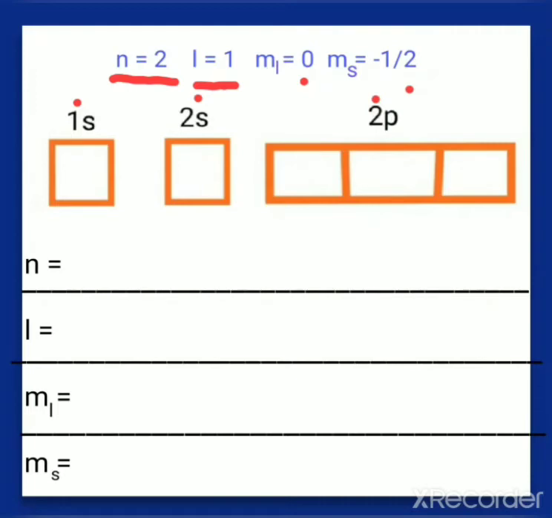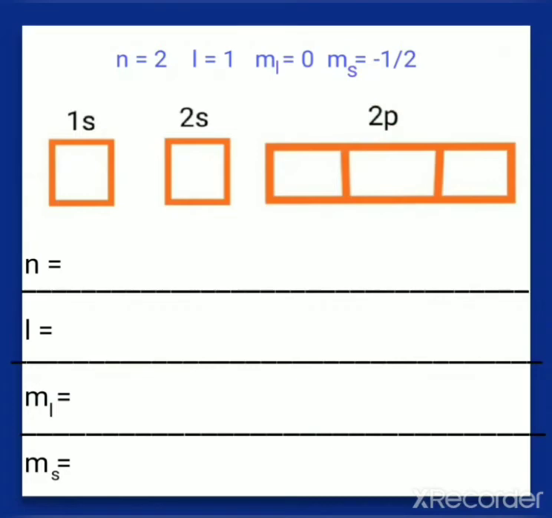That means the last electron, the value of l is equal to 1 means the electron should be in the p subshell. So it is clear that the last electron is in 2p. Why 2p? Because 2 is the principal quantum number that is given and p represents the l value. So it is clear that our electron will be in any one of the boxes from this. So our electron is in the 2p.